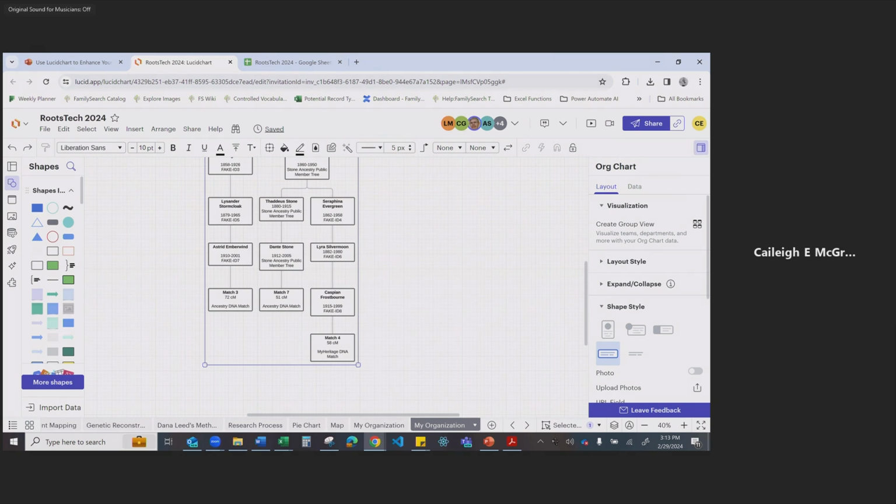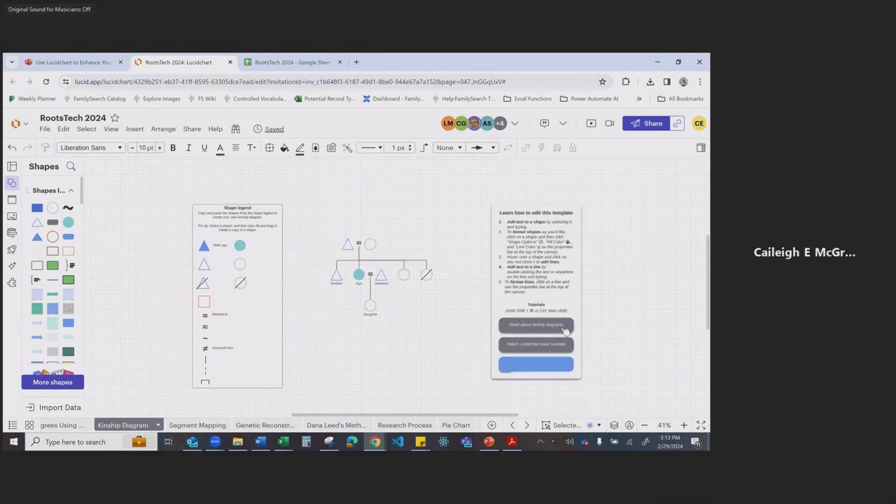Okay, now let's go on to the next one, which is kinship diagrams. I can get this to scooch over. So kinship diagrams may be useful in situations where you want to demonstrate to a client the relevance or irrelevance of a mitochondrial DNA test or a Y-DNA test. And these diagrams differ slightly from our regular genealogy pedigrees because they include symbols for each gender and can depict